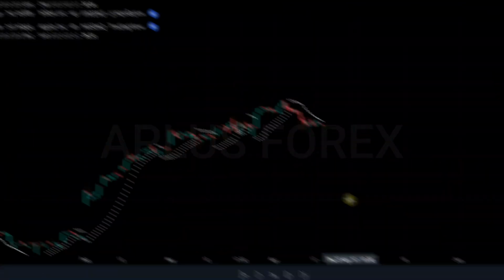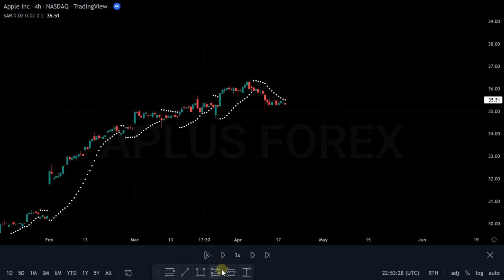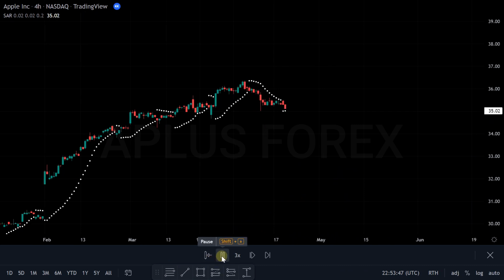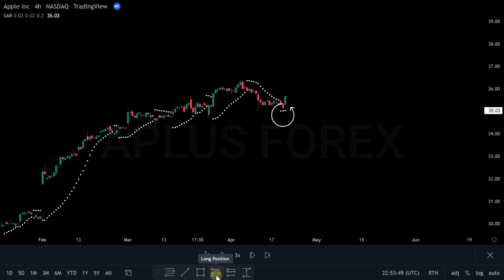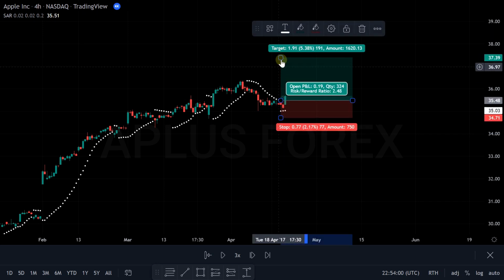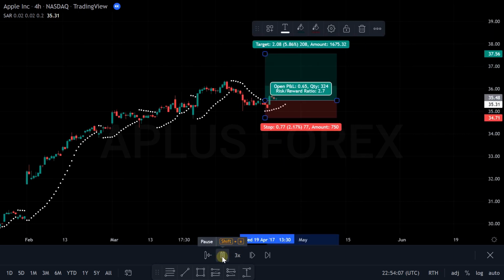Let's take another example. Here the market is in an uptrend, and this can be confirmed by this higher high and higher low areas being formed. We wait for a bearish pullback, and as you can see, it happened at this area. We wait for the SAR buy signal, and it's confirmed by this dot appearing below this candlestick. You can take a long position, putting your stop loss below the SAR indicator and target a 1:2 or 1:3